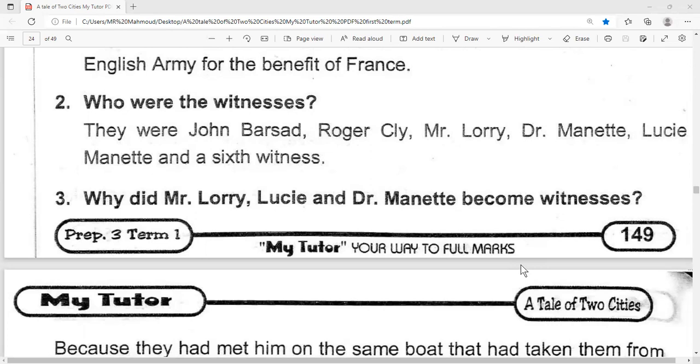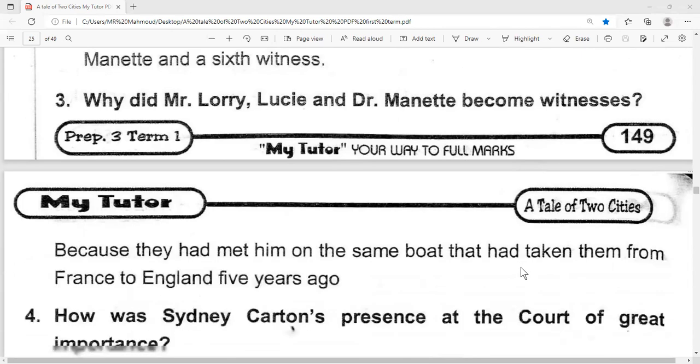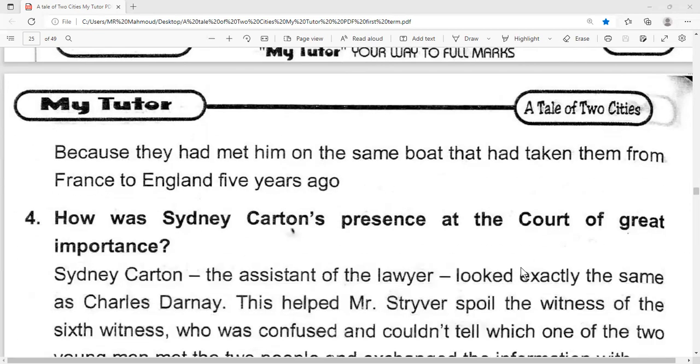They were John Parsons, Roger Cly, Mr. Lorry, Dr. Manette, Lucy Manette, and a sixth witness. Why did Mr. Lorry, Lucy, and Dr. Manette become witnesses? Because they had met him on the same boat that had taken them from France to England